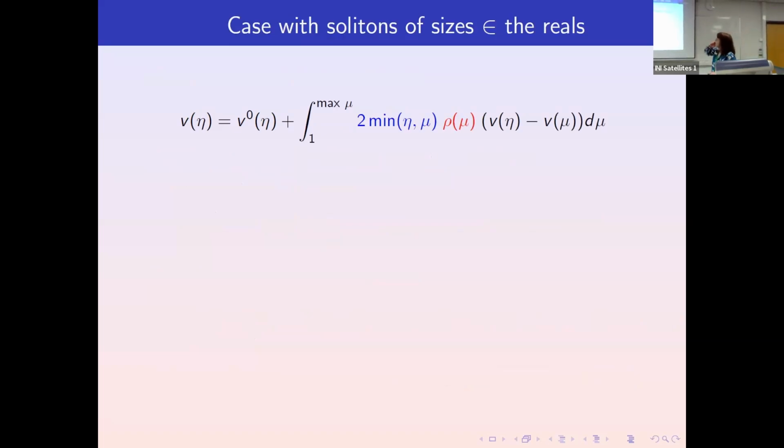So what I've actually been looking at is what happens in the case where our solitons don't have to be discrete in size, they're continuous in size, and they have to fit in boxes and balls. That means some of the boxes may be full, some of the boxes will have a small amount of material in them, but you can still do the same kind of behavior. So now I no longer have a sum, but I have an integral. My smallest solitons are size 1.